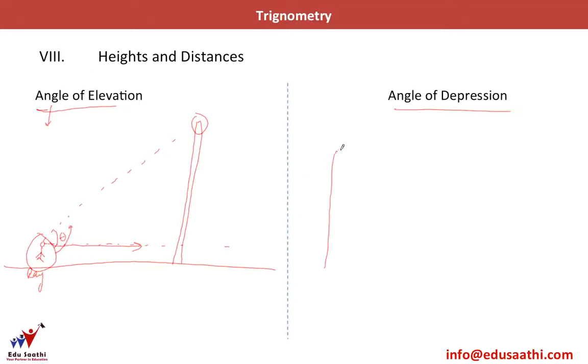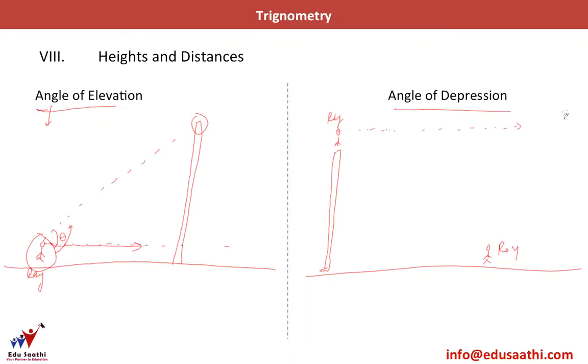Now let's take another scenario. I have a building here and Raj is now on top of this building. So this is the floor. Now what happens is, there is another guy here. Let's name this guy as Roy, and this is Raj. Now Roy calls Raj from down here. What happens is, now Raj is looking in this direction. So this is the eye level for Raj.